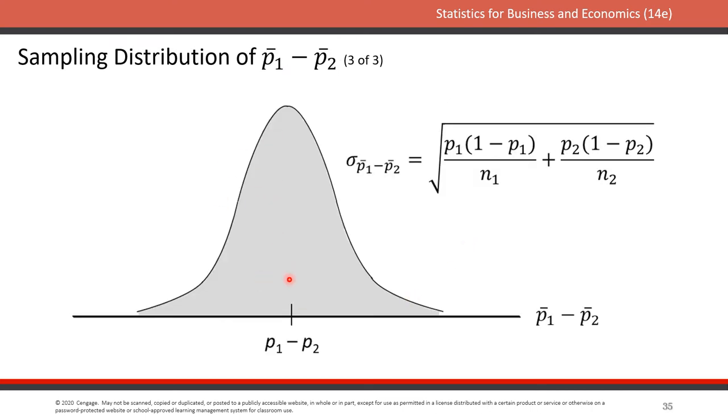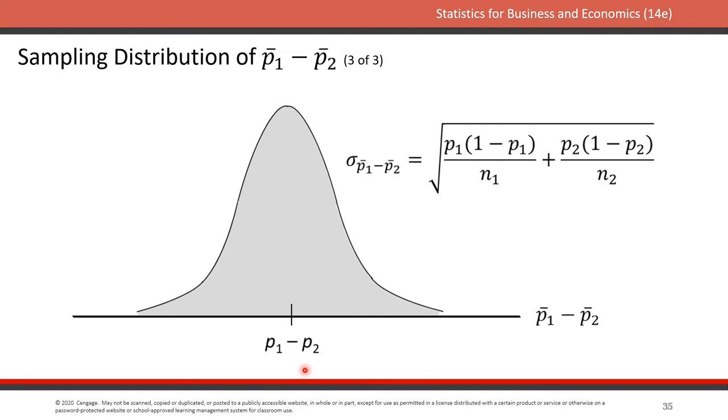So this is a picture of our sampling distribution of this estimate. This is our best guess as to what the population value is. These ones with the little lines on top, or again, if it's me, I'd have little hats on top, is our guess at what this single value for the population is. So this is analogous to being mu, and this is analogous to being x bar if we were looking at means,